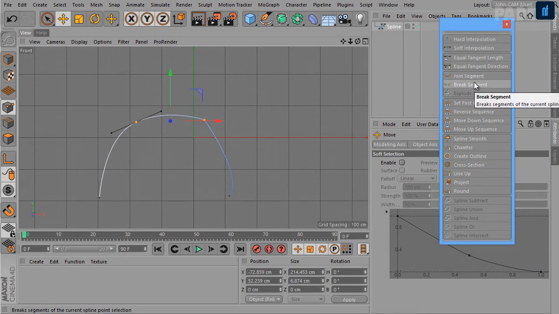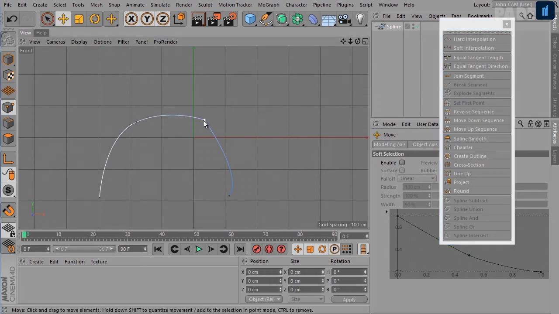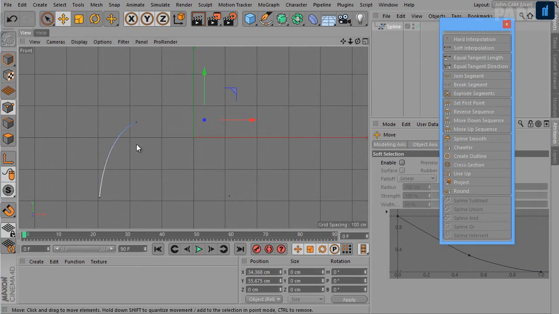Okay, the break segment command is used to create new spline segments. To break a spline, select one of the points and then execute this command. So let's select this and break segments.